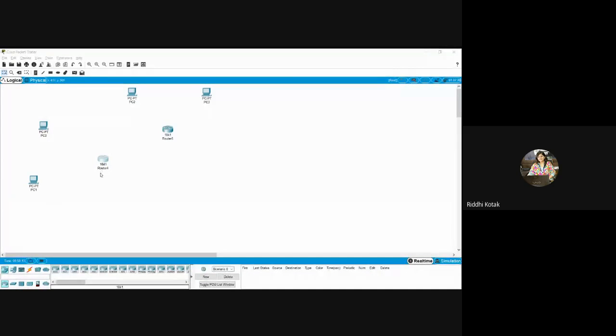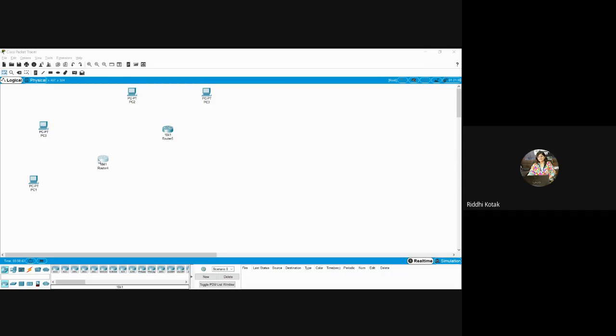Just click on this router. Now see, to connect this router with this PC, we need to provide a serial connection or a serial port. Like if you observe at an institute, to connect this PC with the LAN cable, you need one port. Over there, you can connect that LAN cable. So same way we will provide this serial port.